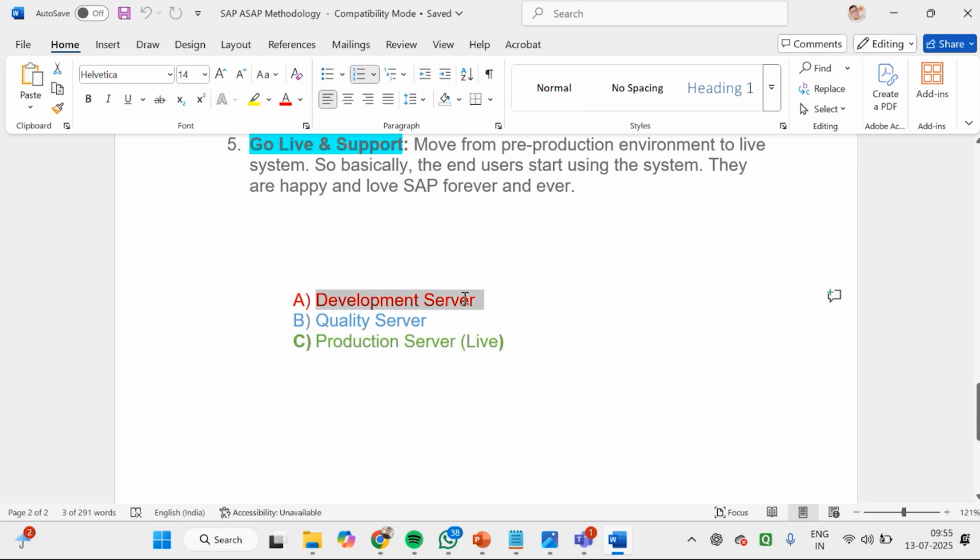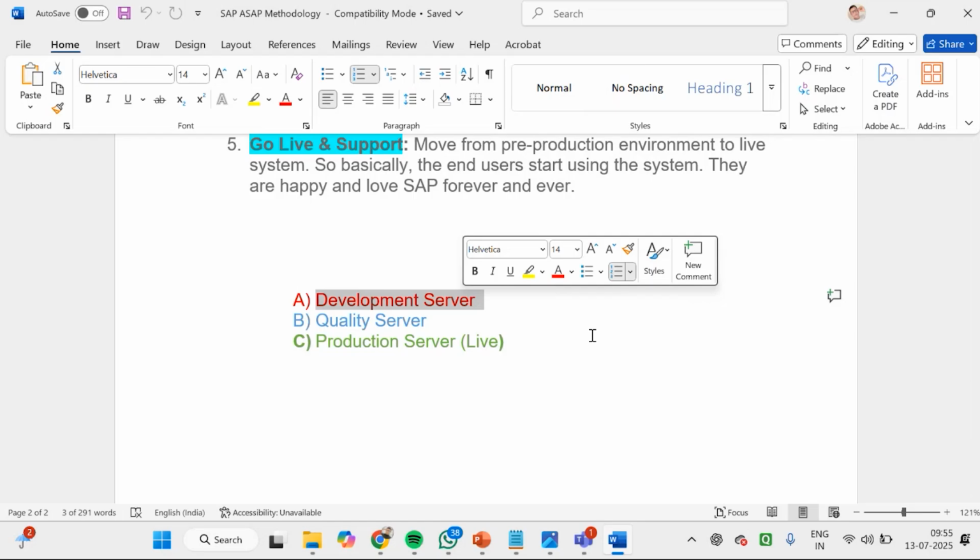तो हम हमेशा जब भी whenever we work on the project, we work on the development server, and training also will go to the डेवलपमेंट सर्वर। ठीक है, तो यहाँ पे ट्रेनिंग में भी हम लोग वही चीज देखेंगे डेवलपमेंट सर्वर में, और दिस सर्वर इज कॉल्ड आईडीएस सिस्टम, आईडीईएस, इंटरनेशनल डेमो सिस्टम। ठीक है, तो हाउ टू लॉग इन द एसएपी सिस्टम।